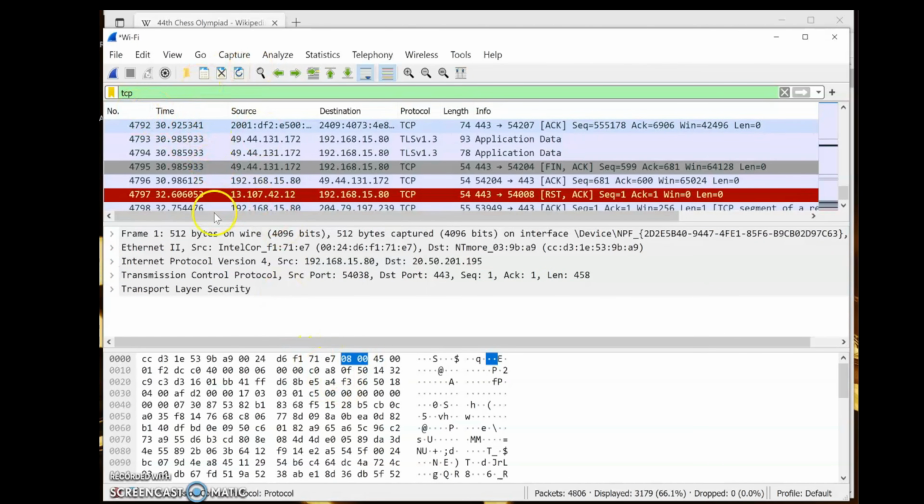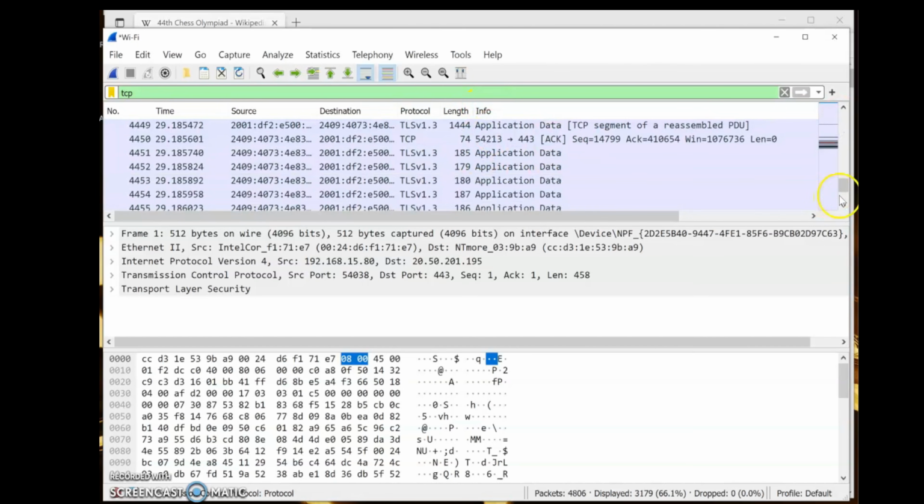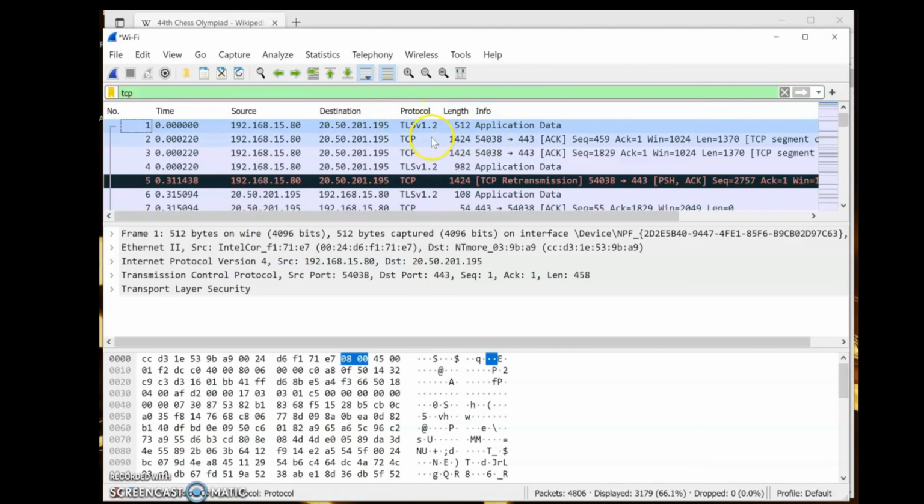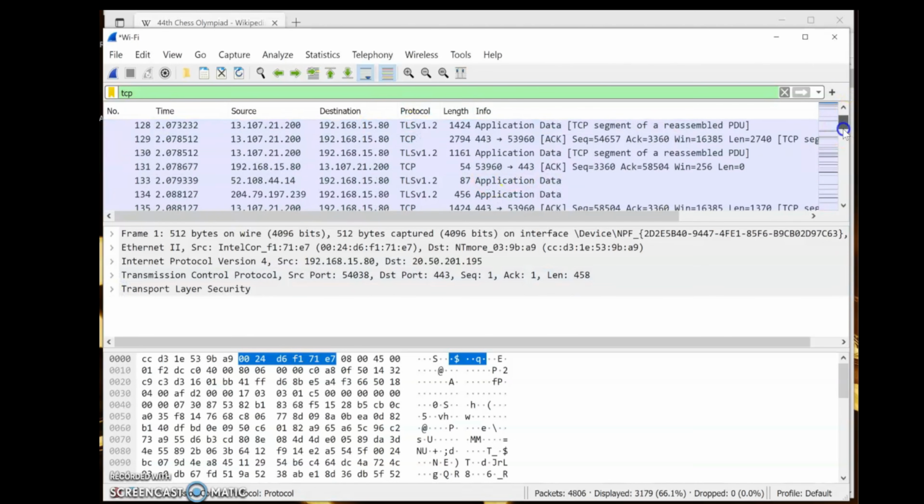Then we look into the different columns here. We have the number of packets, time elapsed, source IP, destination IP, the protocol, the length, that is the number of bytes in each packet, then the extra information about the particular packet. We look into the different protocols we have here, which is TLS, Transport Layer Security, version 1.2, then TCP, Transmission Control Protocol,